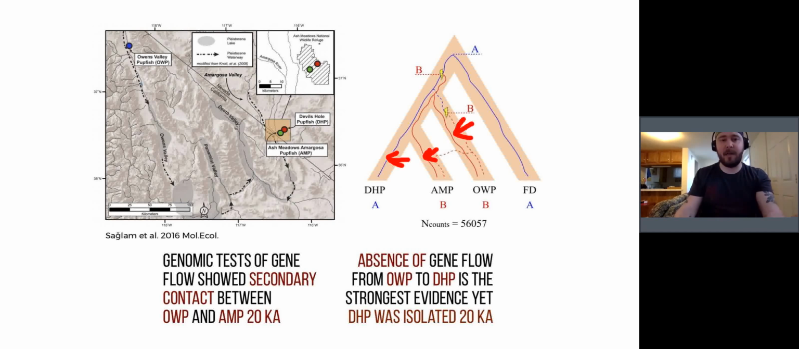And when we looked at our results, we saw that for the novel mutations occurring in this blue species, we could find some of them in this green species here. But we could never find any of them in Devil's Hole pupfish. This indicated to us that there was some sort of migration from the blue species to the green species. And when we track the timing of this migration,